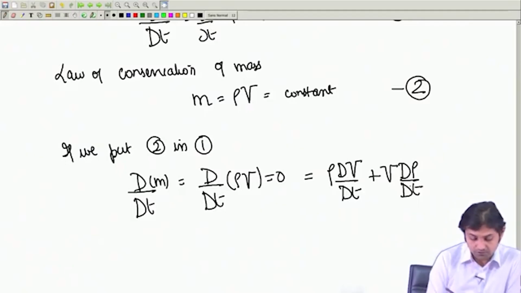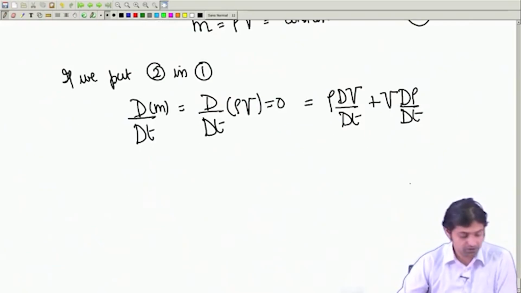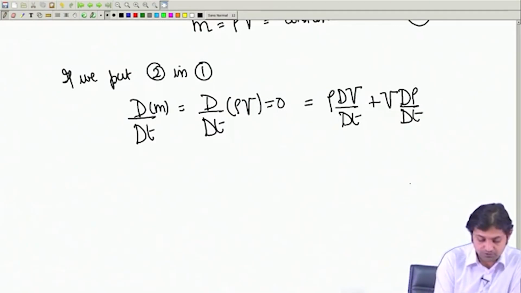Okay, so actually the rate of change of volume, so the total change in volume, dV/dt